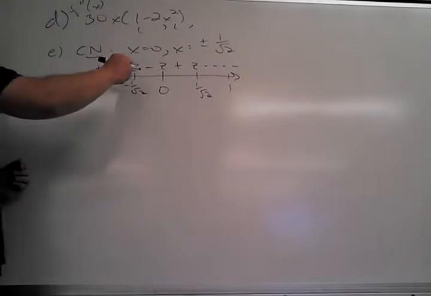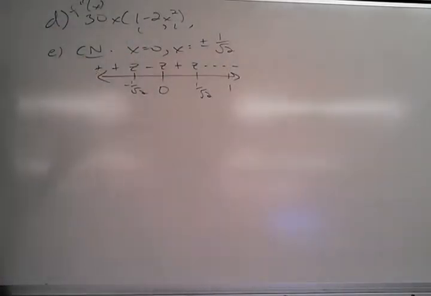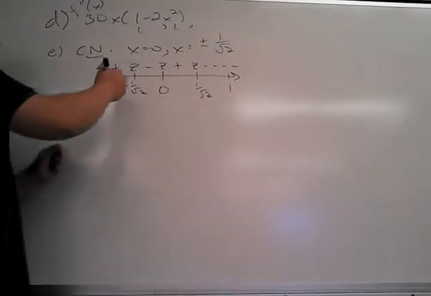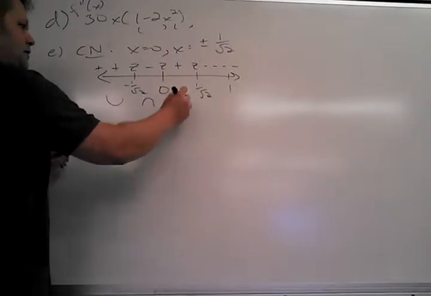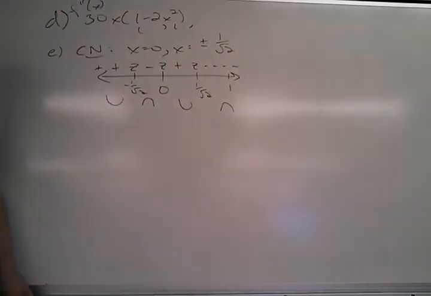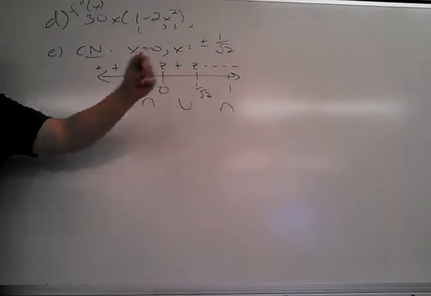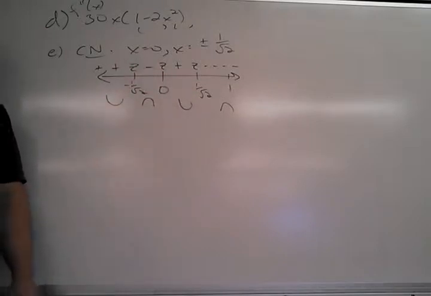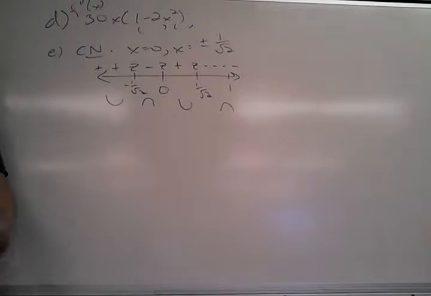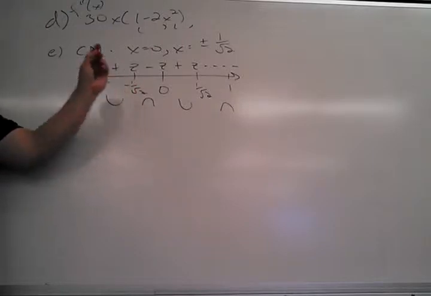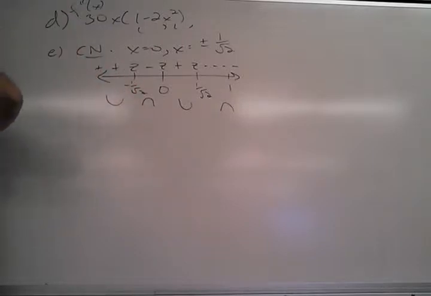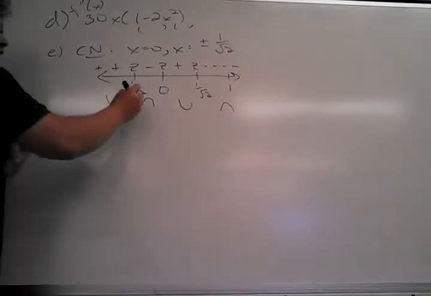So what could I draw associated with this? I can't really draw a sketch of the graph, but I can show the concavity. So here's concave up. Down. Up. Down. So each of these turns out to be an inflection point. I love it. So max or min are where it goes from increasing to decreasing. Inflection points are where it goes from concave up to concave down. Cool. So to find the inflection points,